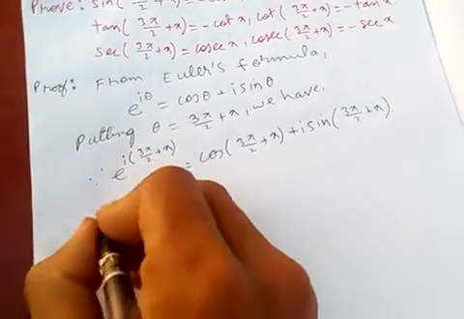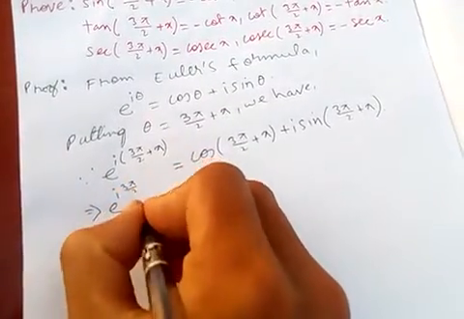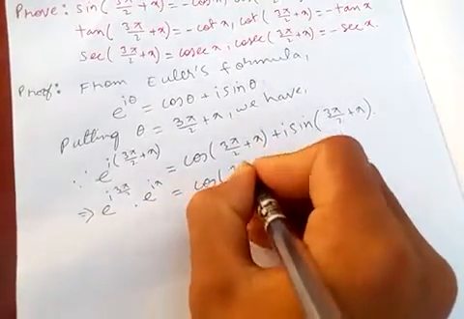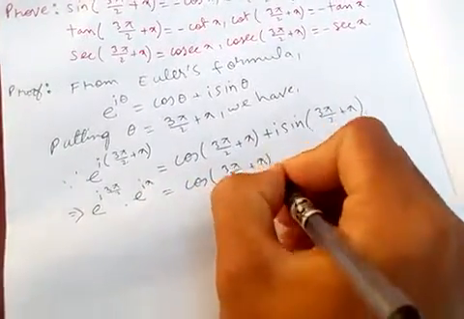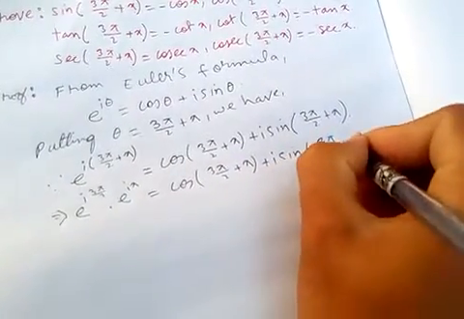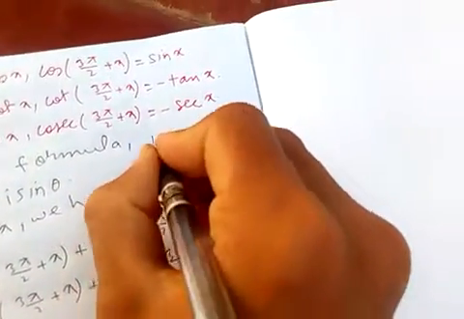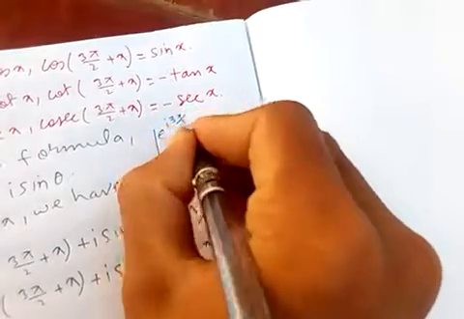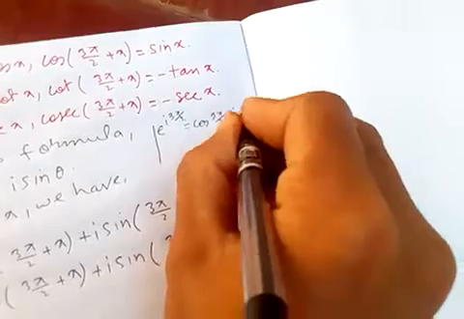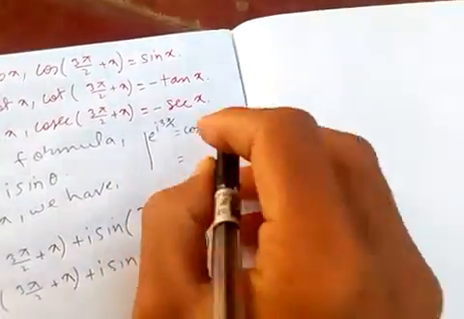Now let's split this one. So e to the i times 3 pi over 2 into e to the i x is cos of 3 pi by 2 plus x plus i sin of 3 pi by 2 plus x. And this one, let's find here: e to the i 3 pi by 2 is cos 3 pi by 2 plus i sin 3 pi by 2, which is, so we know cos of